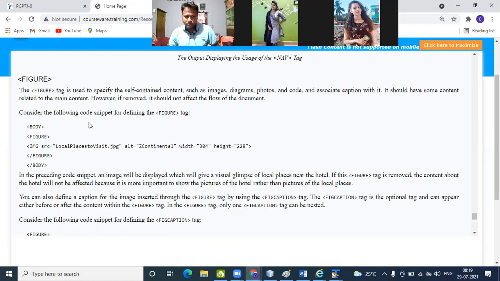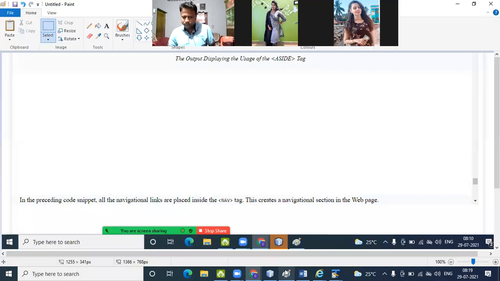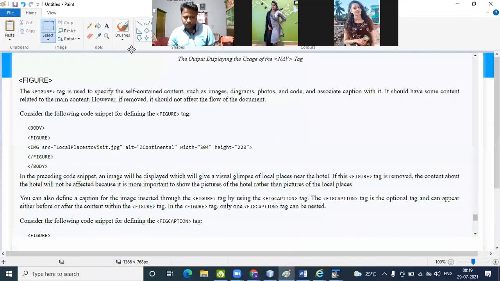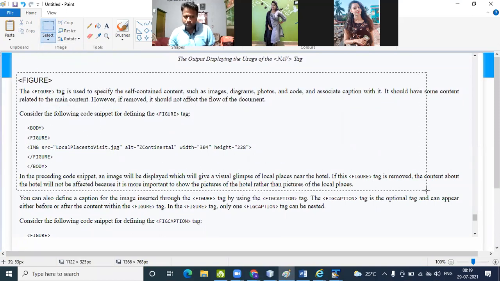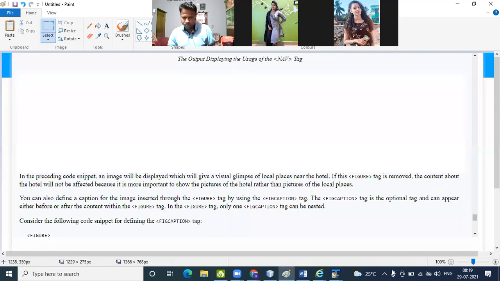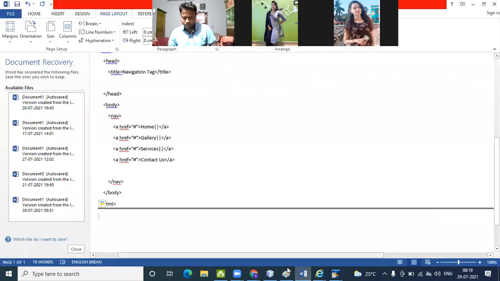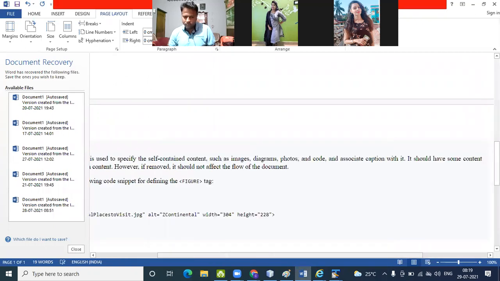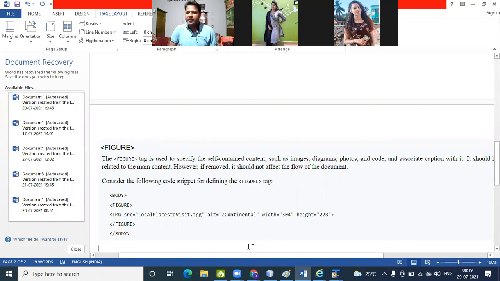It contains specified self-contained content; you can give some kind of illustration, diagram, photo, or code listing.